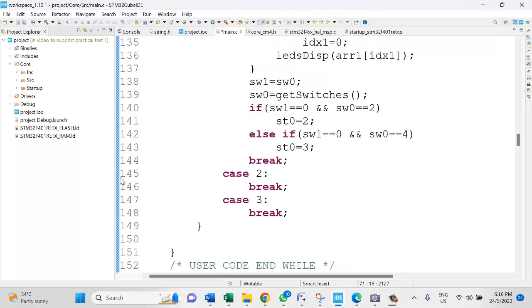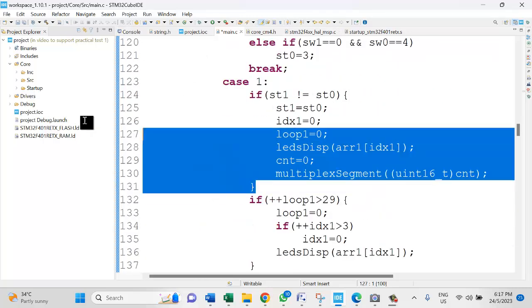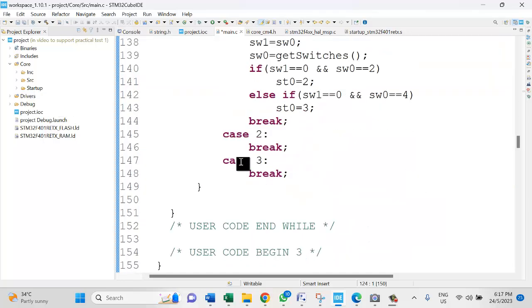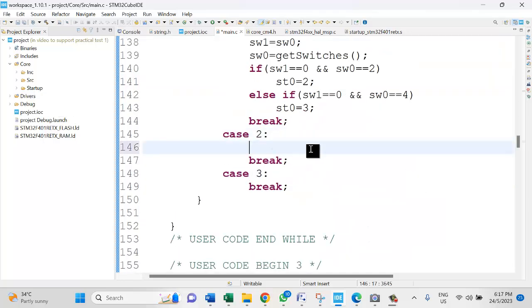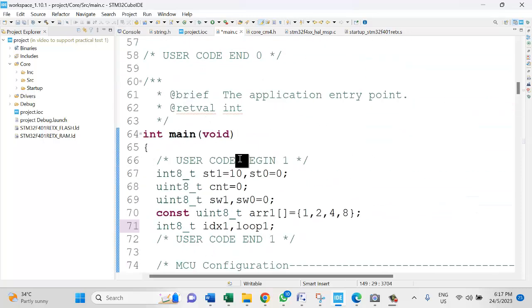Okay, the second problem that we have is about the same as this. So I copy this, I place it here, right? So display now I change it to 2, index I change to 2, and then all others, okay, this one 2, this one index 2, right? So now I need to have the data here,